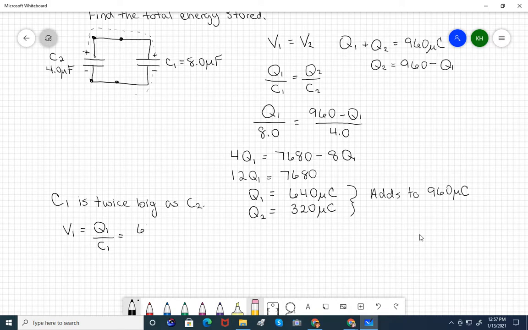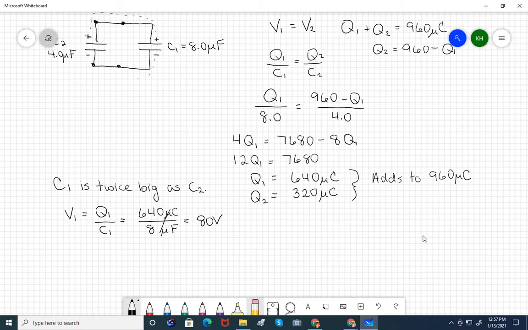So 640 microcoulombs over 8 microfarads. Those micros are going to cancel out now. 640 divided by 8 is 80 volts. If I double check that and I see what the voltage is for the second capacitor,